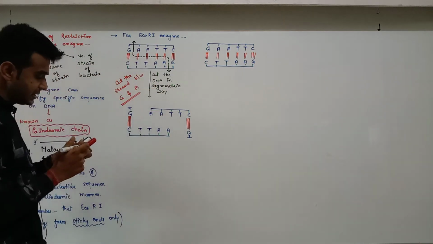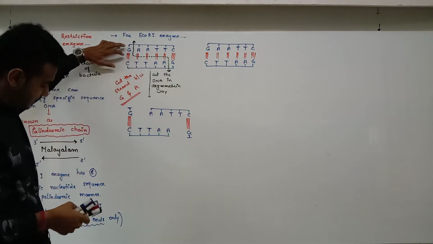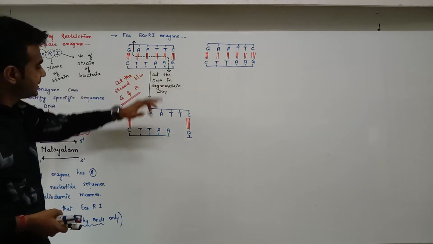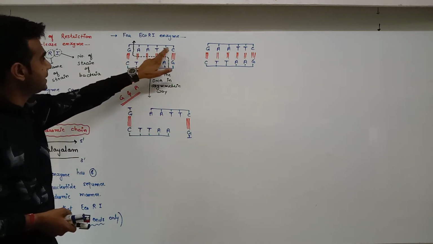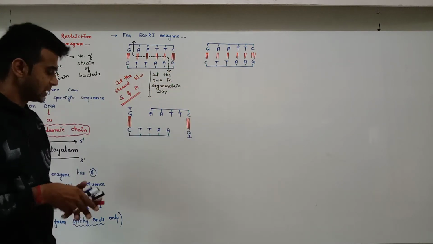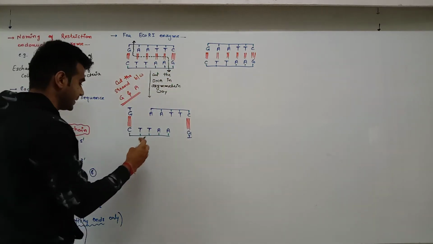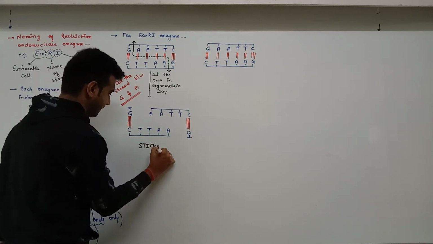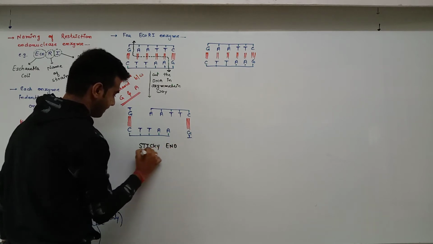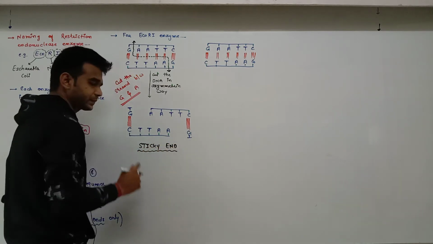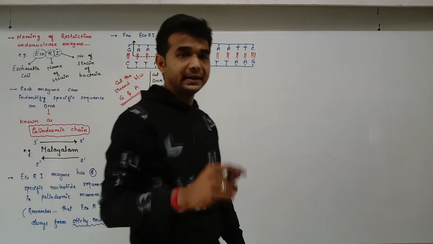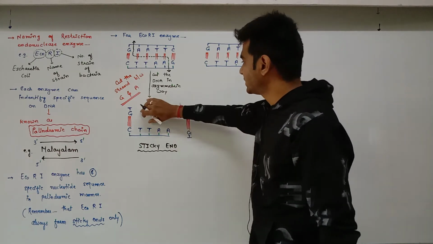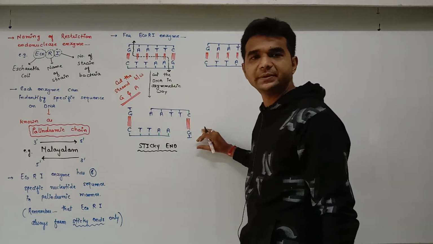See, here, pressing the dotted line, G triple bond C as it is, T T A is there, A T T C and triple bond G. So this is known as sticky end. This is known as sticky end. And here the diagram shows that the sticky end is formed. So the sticky end, another fragment is removed out.